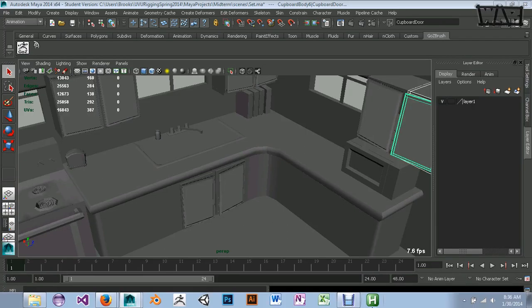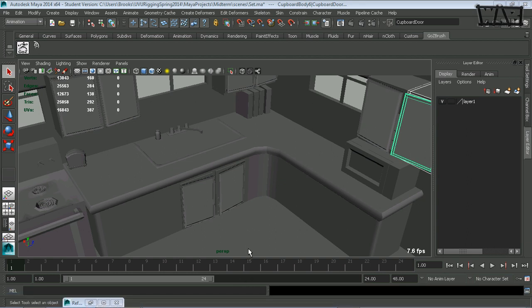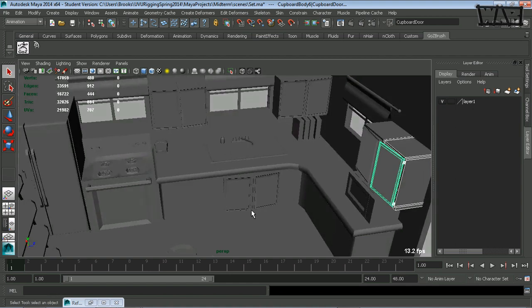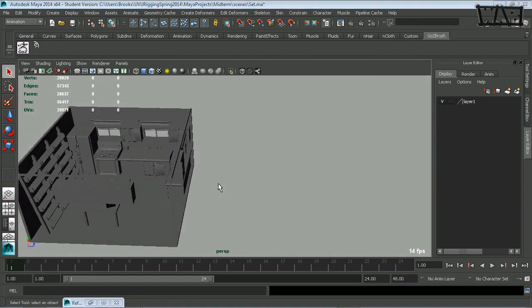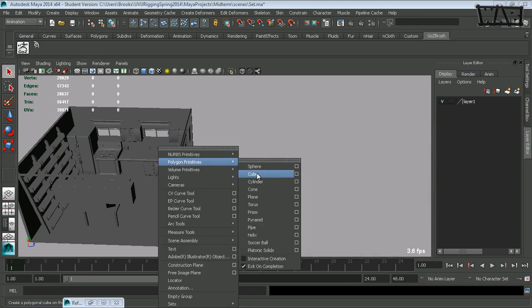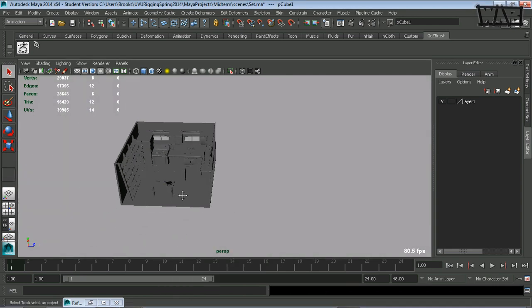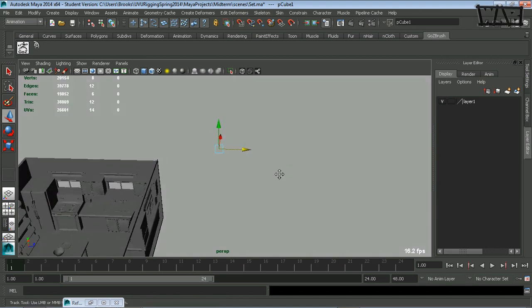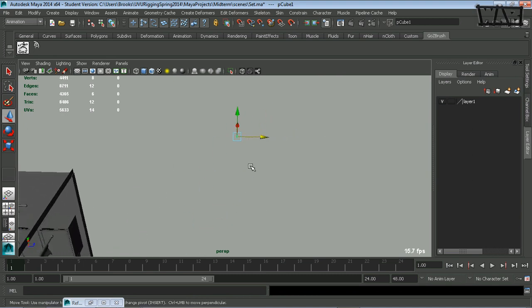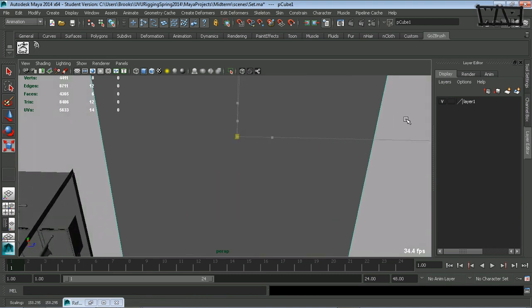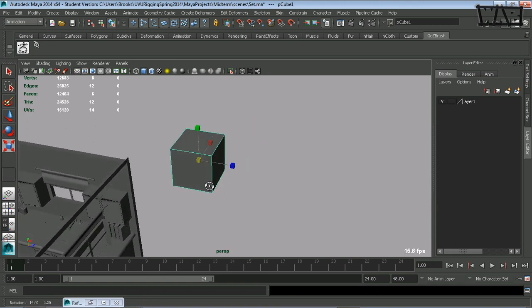So in putting together our set, I realized that I need to explain to you guys how to change pivots on objects. And so to do that, I'm just going to create a cube. This gives you a size of our set. I'm going to scale this up. Now, to change a pivot,